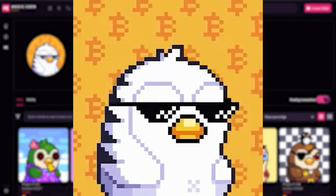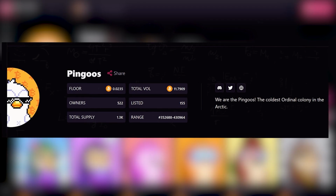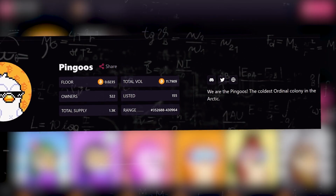There really is volume here. People buying, selling, trading new wallets. The second most popular collection on Magic Eden, Pingus, you'll see that their floor price is almost 0.02 Satoshis. So once again, we can do the math on that and check the floor price, and that is going to come out to around 550